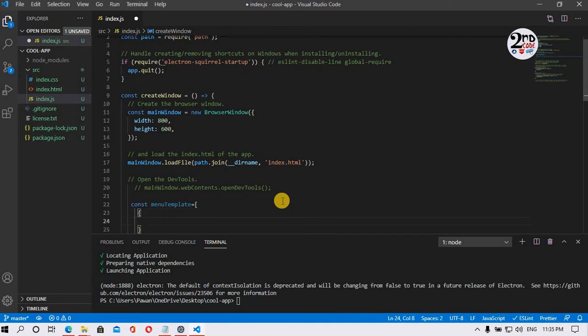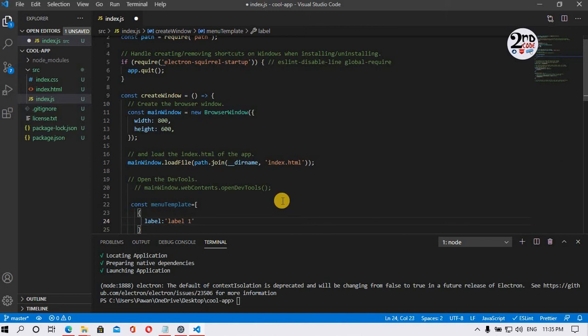Here first of all we have to give a label. Label is simply the heading for showing the content inside the menu. For example, I'm naming it label 1.